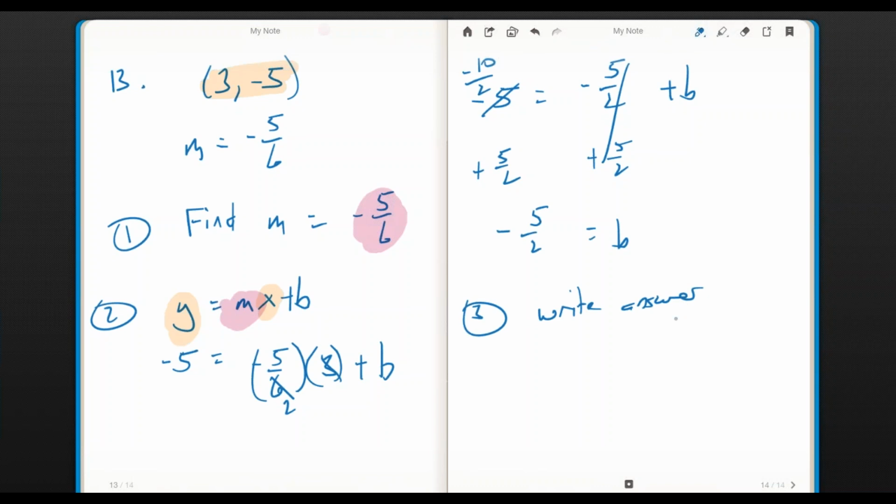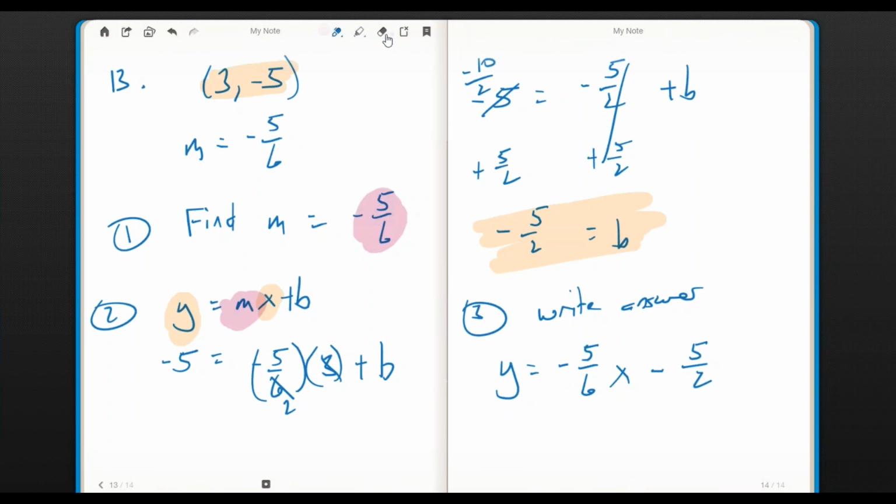The third step is simply write the answer. I have m, I now have b, and so all I have to do is write y equals mx plus b. Since b is negative 5 halves, I can just write y equals negative 5/6 x minus 5 halves, and that's the equation of the line for number 13. It asked me to graph that, and the easiest way to graph it, actually,